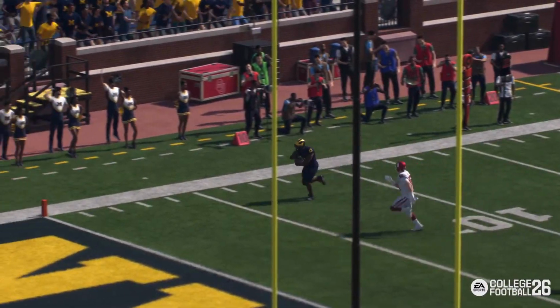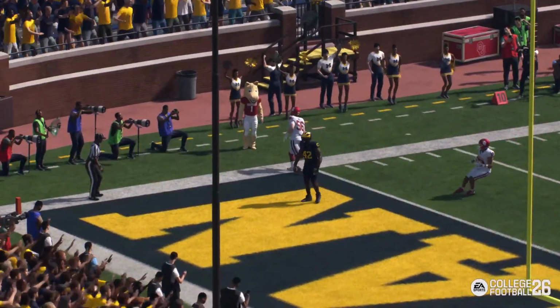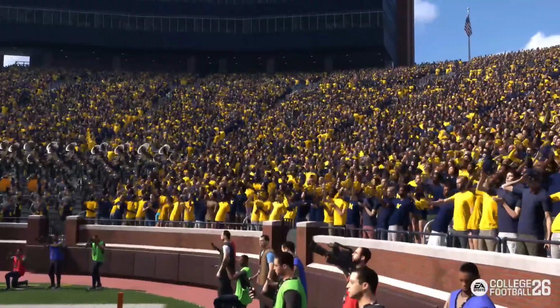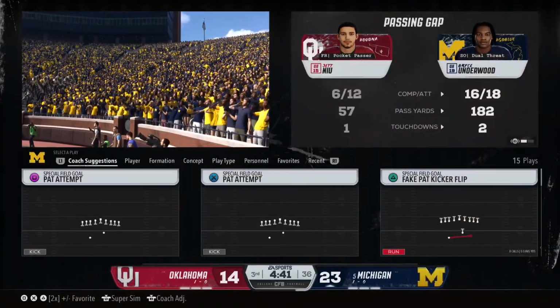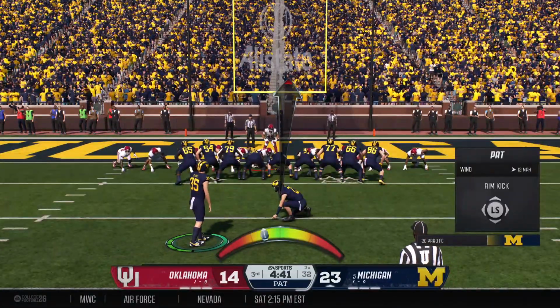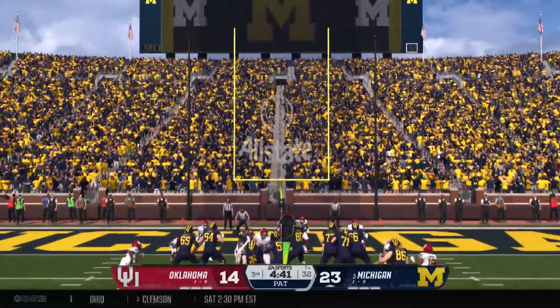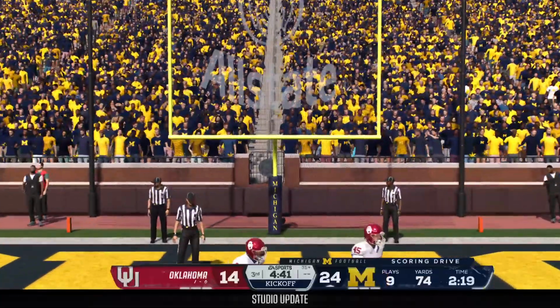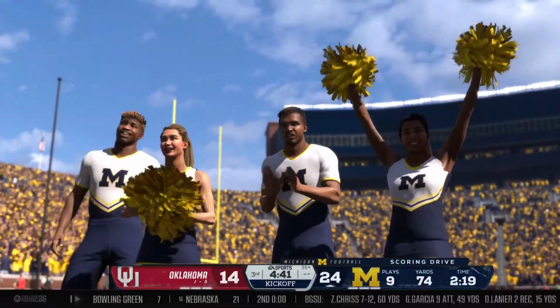Nice throw on the run by Bryce Underwood there on the little boot. Touchdown, Jalen Hoffman. Lining up to tack one more onto that lead. And with the extra point, they're now up by a touchdown and a field goal, at 10.